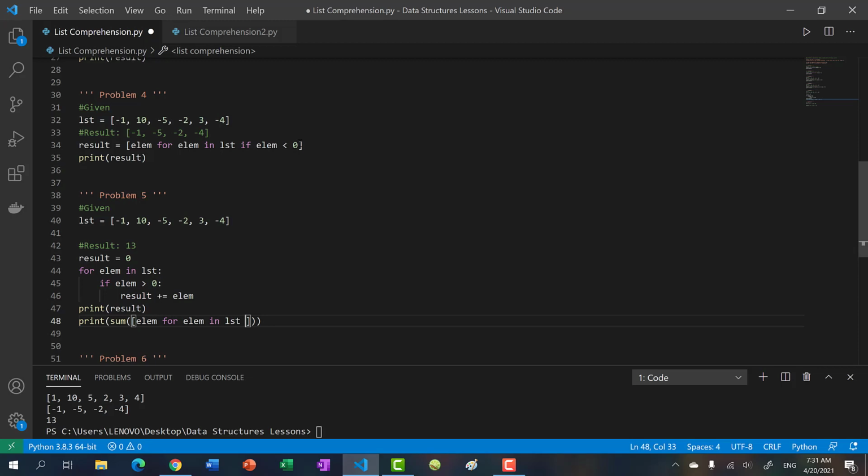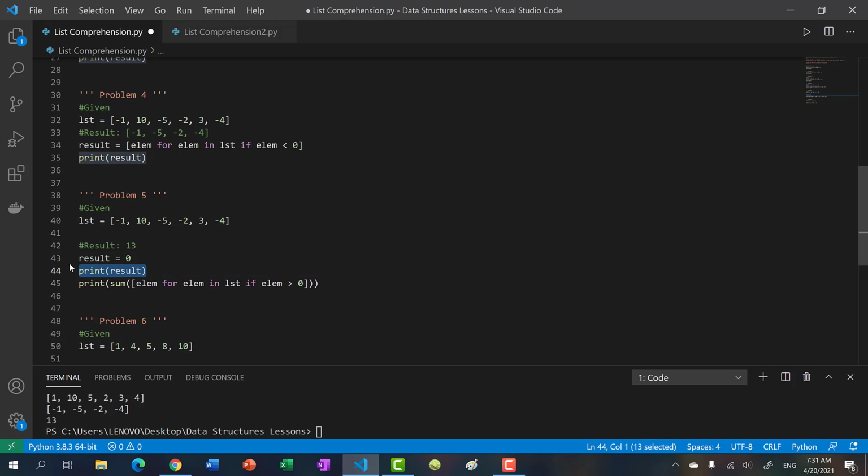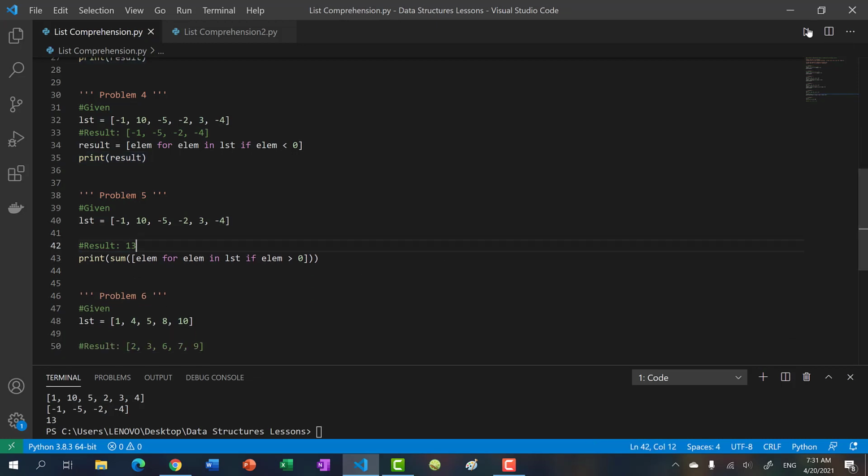So the way we do that is if elem is greater than 0. So it was this, but we just flipped this to greater than. So you take the sum of the list, where the list is elem for elem in list, only if that element is greater than 0. So we deleted this,